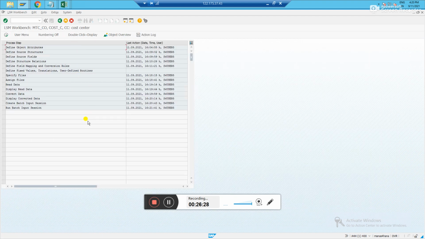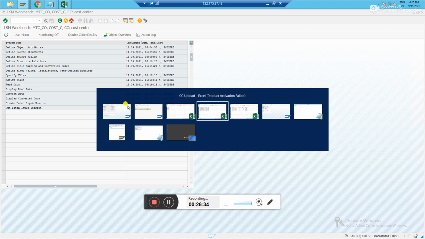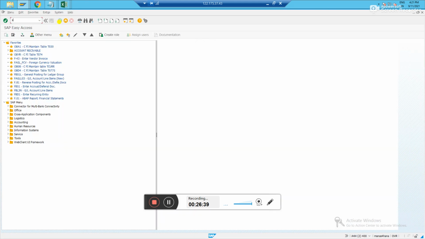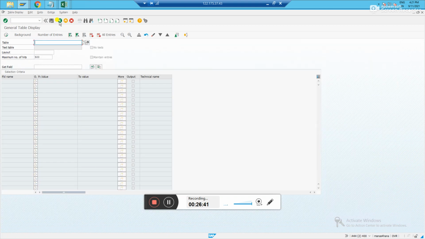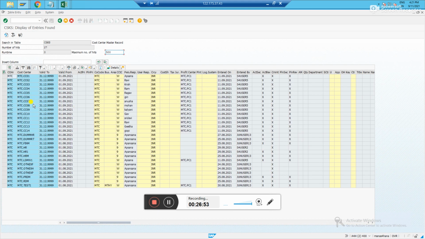Let us go and see in the cost center. SE16N. What is the cost center table? CSKS, right? What is my controlling area? MGC. Let us see what cost centers were created by the system.